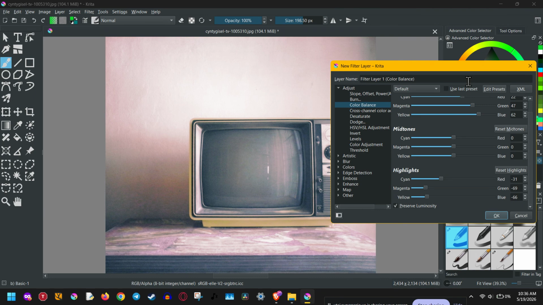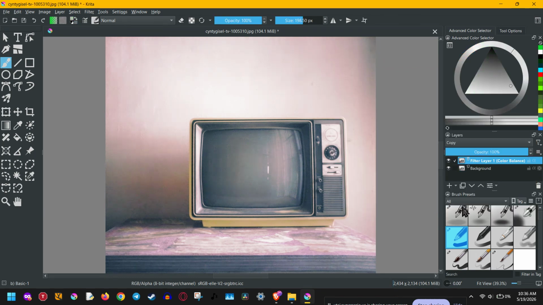So to recap, press Ctrl plus B or go to Filter, Adjust, Color Balance to open the tool. Choose whether you want to apply it directly or use a filter layer for non-destructive editing. Then work through shadows, midtones, and highlights to shape the final look of your piece. Once you understand how each tonal range affects your artwork, color balance becomes a powerful way to improve mood, style,